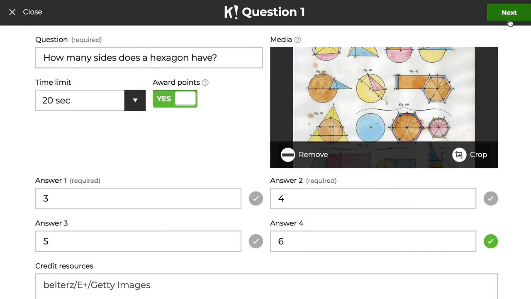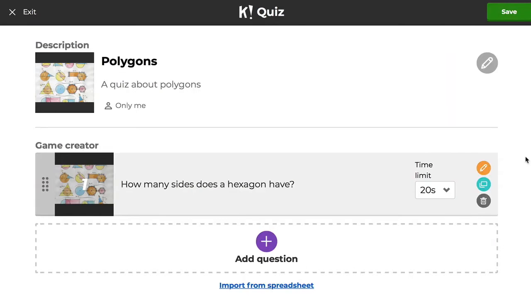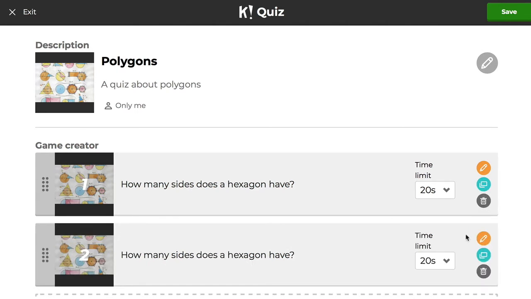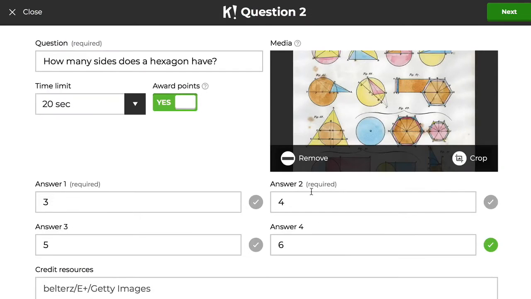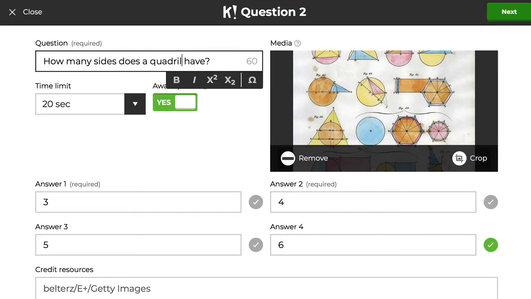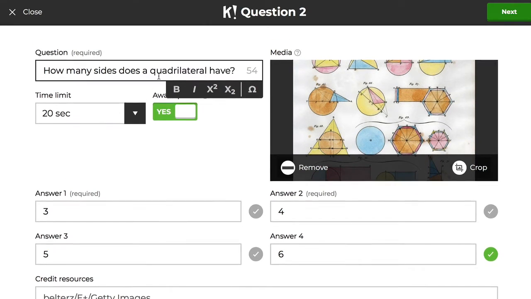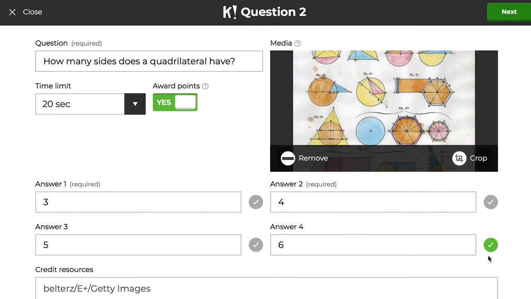Next, I'll come back, use my image. And on Kahoot, you have the ability to duplicate. So I look at edit, then duplicate my question, hitting the blue button, and now all I have to do is change my polygon. So I change this one from hexagon to quadrilateral. How many sides does a quadrilateral have?